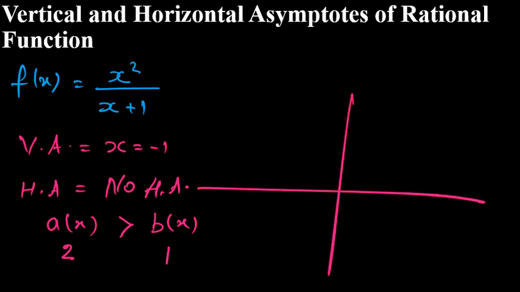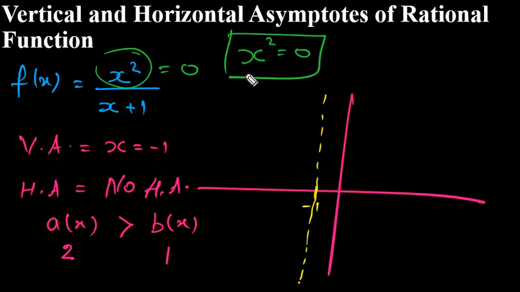So the vertical asymptote is at x equals minus 1, so there is minus 1 somewhere, right? Yes. Okay, now this will look like something. Is there any zero also? Yeah, you need to check that also. To check the zeros, you will keep the numerator equal to 0. So if you put x square equal to 0, you can find x equals 0, because if you solve this, the zeros are at x equals 0,